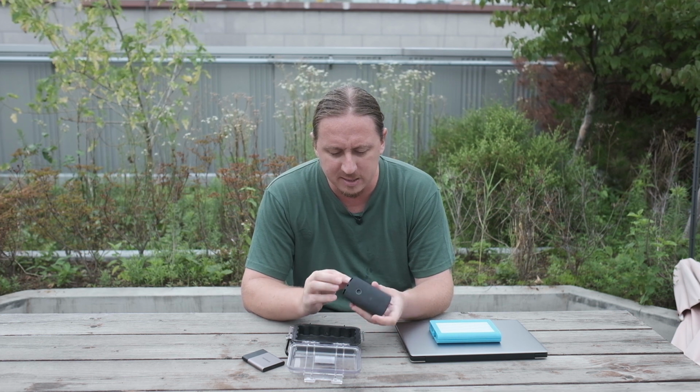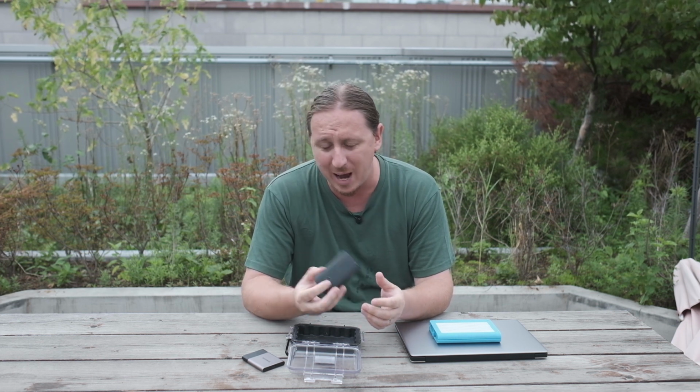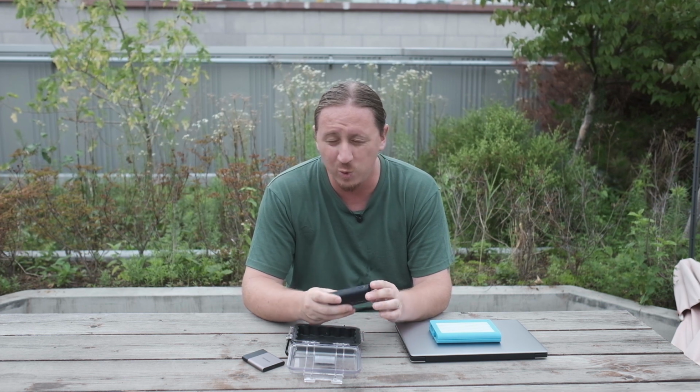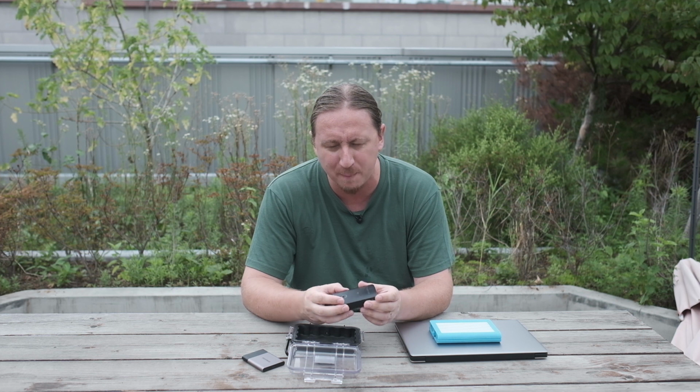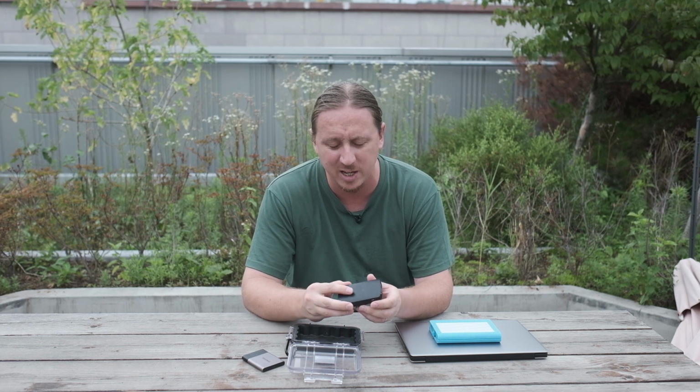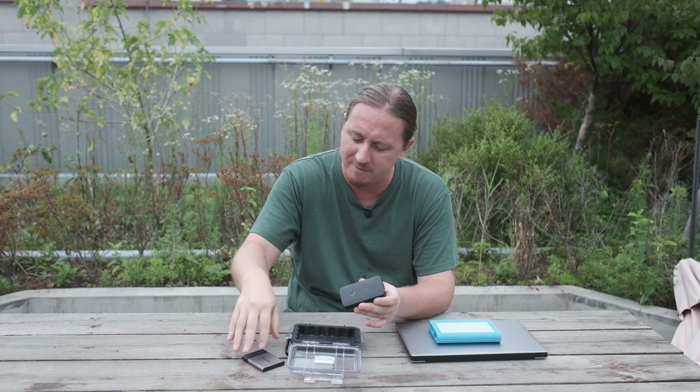Now, this thing is really, really great, but their app needs a little bit of work. It can be kind of painful to sort out which files you have already copied and haven't already copied. At the point when I was still using this regularly, the app didn't actually allow you to copy everything and then have it just reject the ones that had already been copied. So there was no sort of one-touch solution. You had to go through and select all the stuff you'd shot that day and then have it copied to